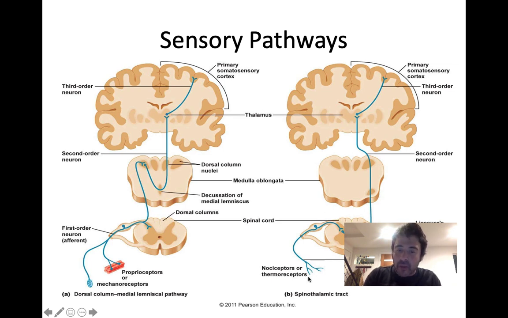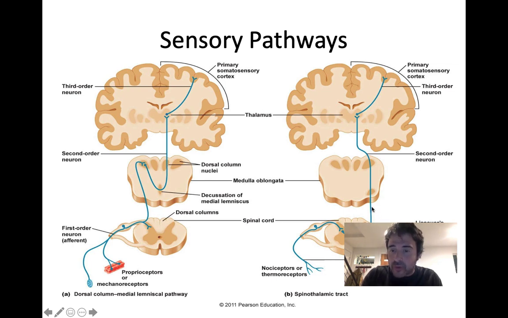The spinothalamic tract actually interacts with these neurons, and we'll talk more about sensory perception, but they're called first-order sensory neurons, and they're associated with free nerve endings. So these free nerve endings are embedded in your integument. They pick up temperature and pain. When they're stimulated, an electrical signal called an action potential is triggered. That action potential travels along that unipolar sensory neuron, there's your dorsal root ganglion right there, to the posterior gray horn. This first-order sensory neuron then synapses with a second-order sensory neuron, which crosses over in the spinal cord itself,